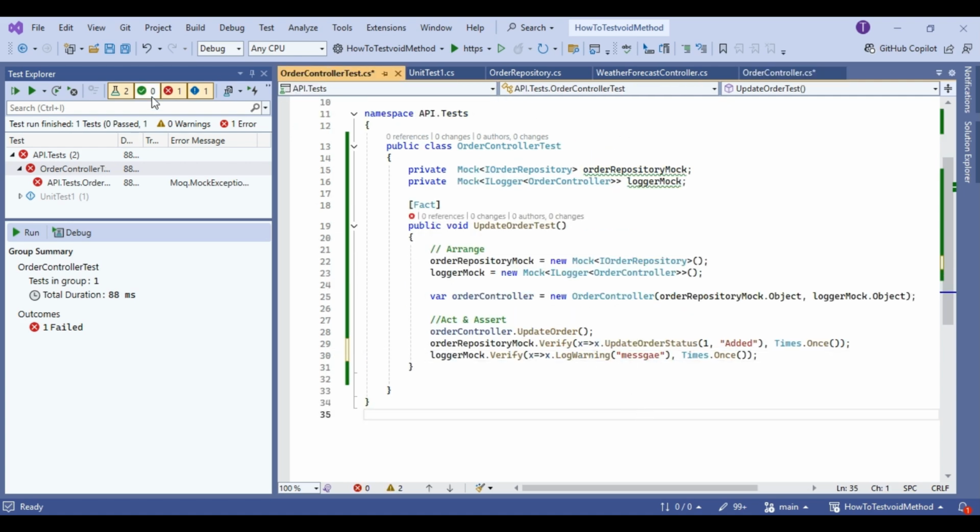So now if you run this test case again, it will have two verifications here. One is the order repository, and the other one is what we have in logger. Okay, so